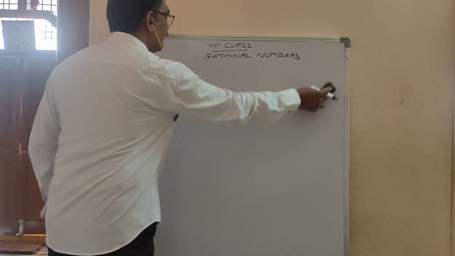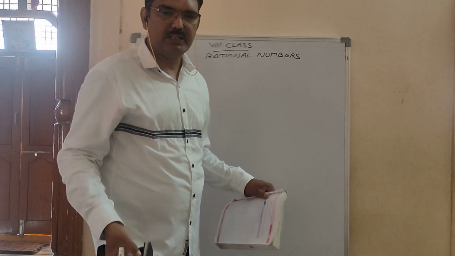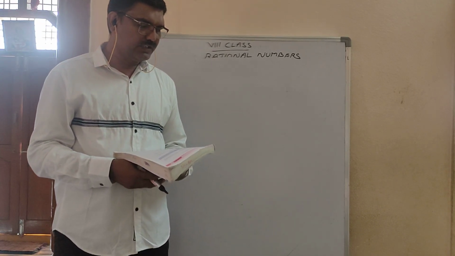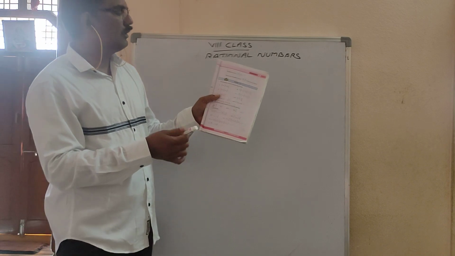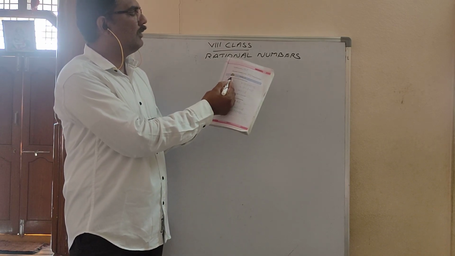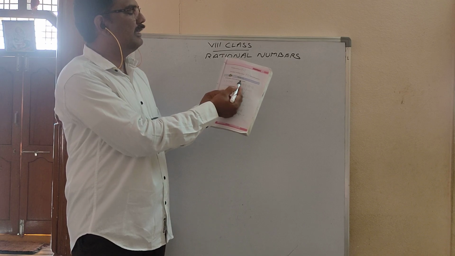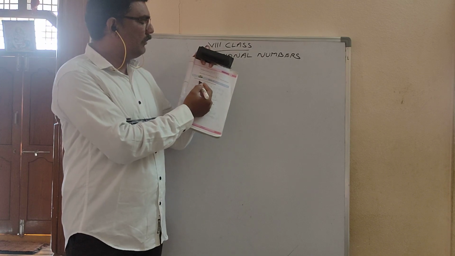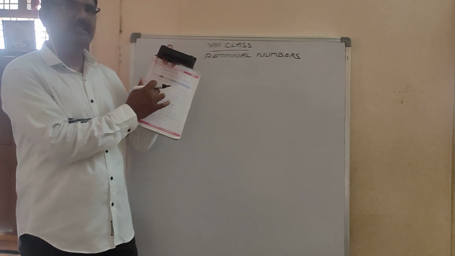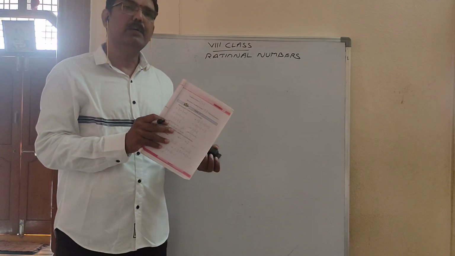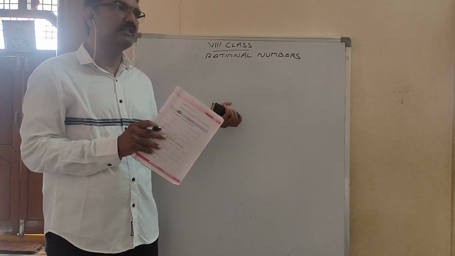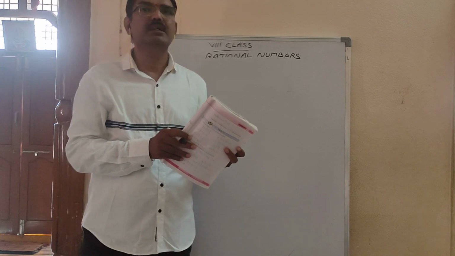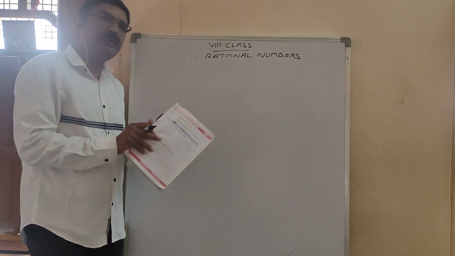As you have the textbook, for every maths class you have to keep your own textbook with you, and you should see the question. The question itself says: name the property involved in the following examples. What he is saying is that some examples are given, and by seeing the example you have to say the property involved. Property means, as I just said, closure, commutative, associative, identity, inverse and distributive.